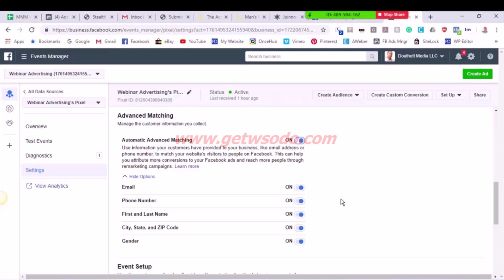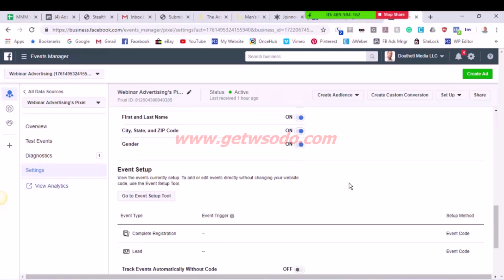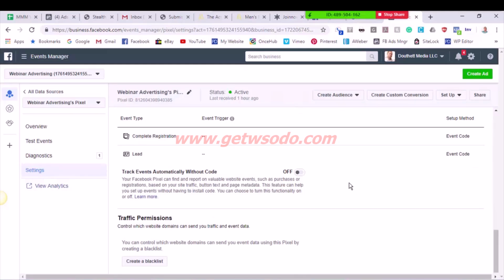Once you turn on automatic advanced matching, it's going to send the data over from your website to your Pixel directly. You might think you've already had this, but most people don't actually have this set up at all. Really, they're just tracking some events, but they're not even getting the best data. The next thing is track events automatically without code. Once you've actually placed the code on your website, tracking events automatically means your Pixel is going to literally end up creating events for you. It's going to realize different events and create them for you,